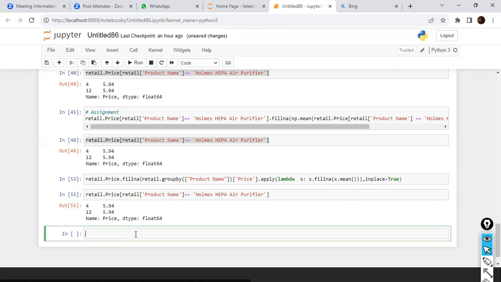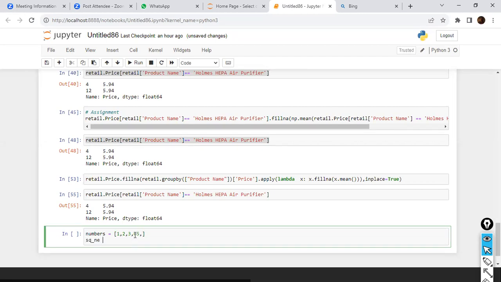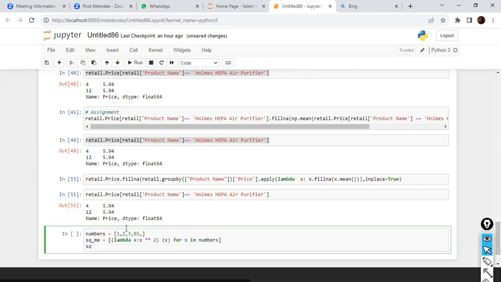So we have something called lambda. Lambda is an anonymous function. For example, you want to do some simple operations. Let's say numbers equal to 1, 2, 3, 6, 5, and I want to square these values. I'm going to use a lambda. Lambda is a reserved word. Okay, x colon x double star 2 is squaring. Square the value, and here I'm going to say x for x in numbers. If you type sq me,